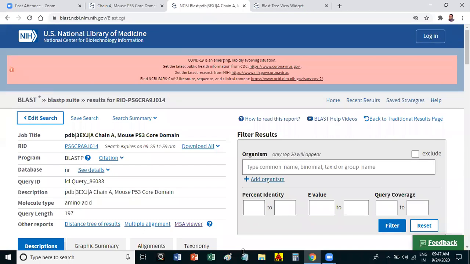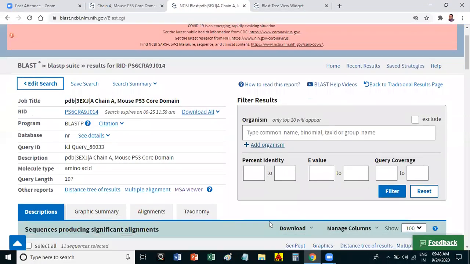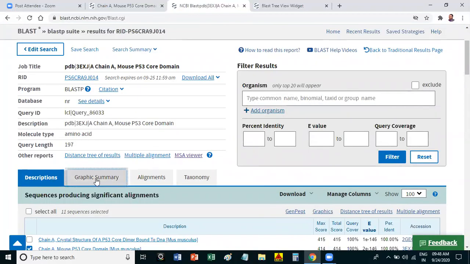Sir, does the graphic summary show the same result as the MSA viewer? That red color you are asking about?